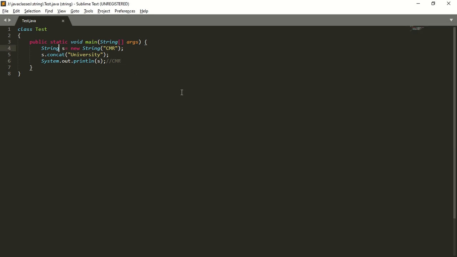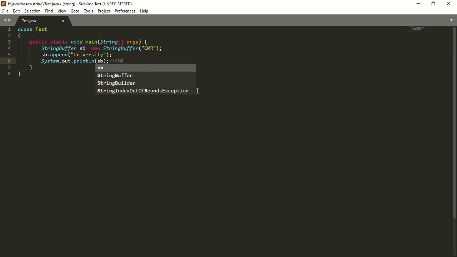Now I will take StringBuffer. StringBuffer sb = new StringBuffer("CMR"). Similarly here, sb.append("university"). Here I try to print System.out.println(sb). In this case, what will be the output? The output will be CMR university.